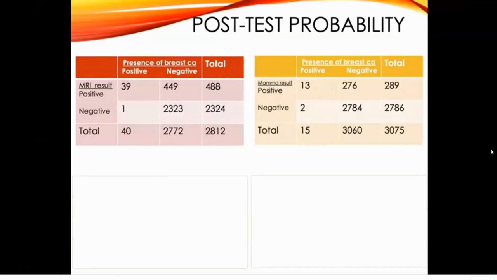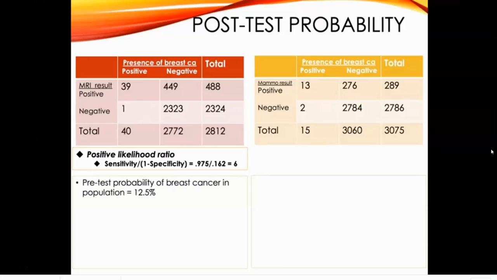All right, so let's talk about post-test probability of MRI and mammogram. And we're going to start by doing this as an example of a positive test in someone who doesn't have a family history of breast cancer. So let's start with MRI on the left. And we're going to start with a positive MRI using the positive likelihood ratio. So let's say we have a patient that doesn't have a family history of breast cancer. I'm just going to arbitrarily say her pretest probability of breast cancer is 12.5%. It's actually the lifetime risk, but I'm just going to use this number here as an example to illustrate the